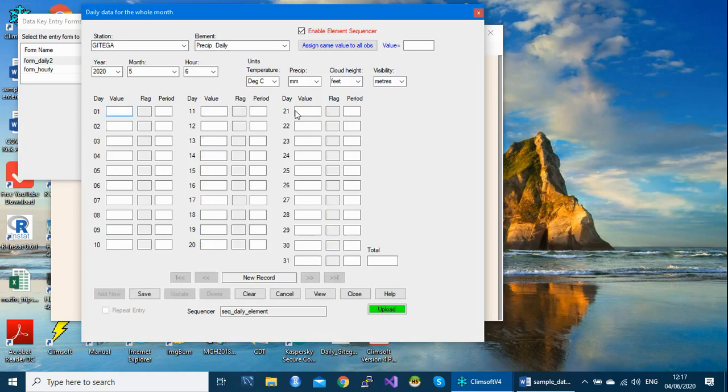Yes, so there is what is called a flag. This is very important. Under flag, automatically where there is no value, the system puts that M under flag. That means there is no value, or missing. Not also whatever for period. So whatever value this is, it is set for period.